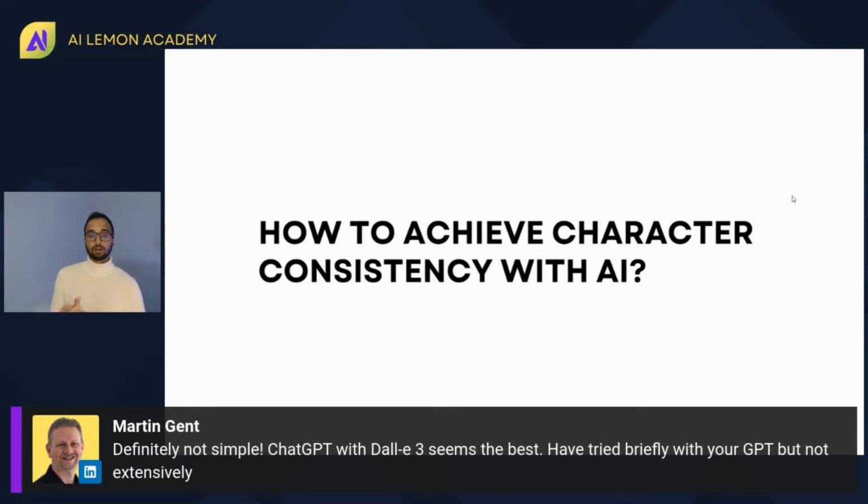I'm pretty sure a lot of you, or at least the majority of you, have tried creating this. And if you have ever tried, you've probably encountered a frustrating truth, because it's impossible to achieve that perfect level of consistency. Just take, for example, Midjourney. You can try things like multiple image references.